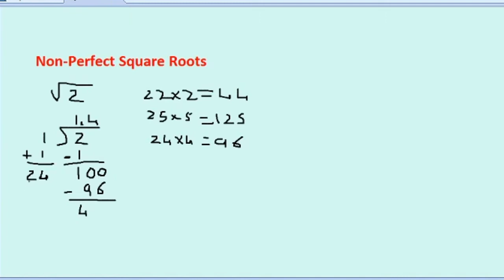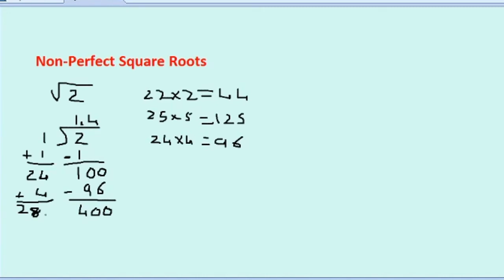Remainder is 4. Now in this 24, I have to add 4 here. This 4 I have to add here. So this becomes 28. Okay, this is now 28. Based on this point, again 4 is less than 28. So based on this point, I will write 2 zeros here. In square roots, we write 2 zeros. Okay, now this is simple.